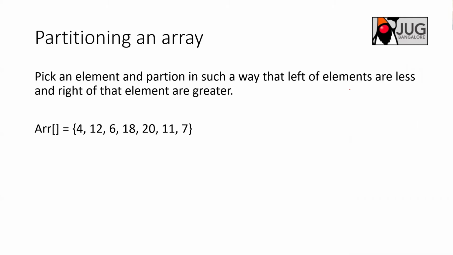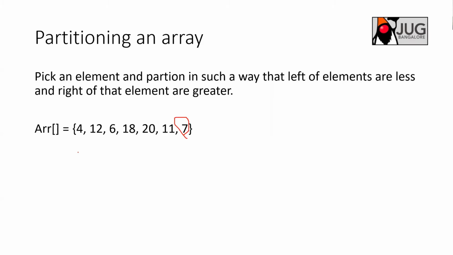And you divide the array in such a way that the left array is less than that pivot element, and the right array will be greater than the pivot element. So the left array can be less than or equal to, or the right array can be greater than or equal to, because it doesn't make any sense, both are same. For example, let's say in this case you pick 7 as a pivot element. I'm giving this for simplicity, the pivot element can be anything. But some algorithms assume that the pivot is the last element. Let's assume here 7 is the last element.